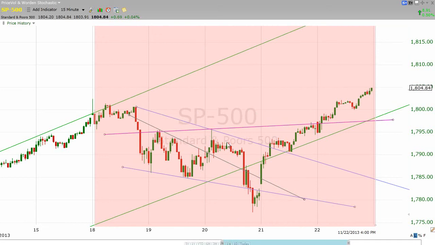Now, what took place on the 20th, on Wednesday, was the day that the Fed released their notes, and that threw the markets into a tizzy. We ended up closing underneath this support line. Now, keep in mind,